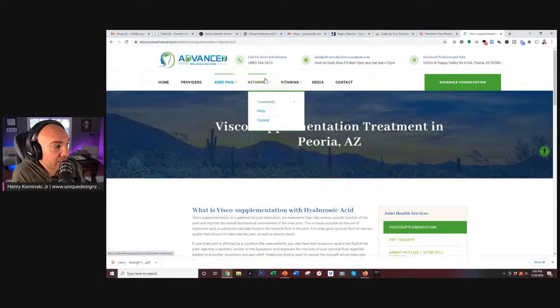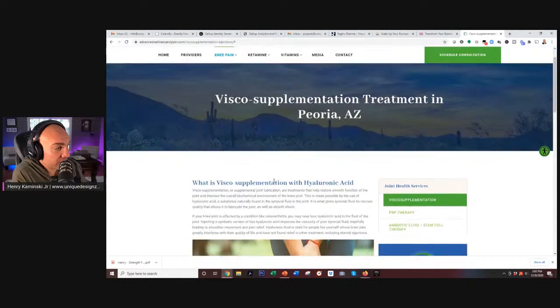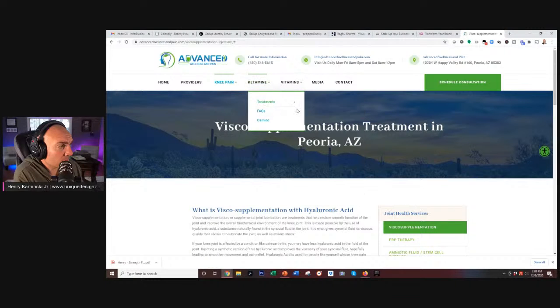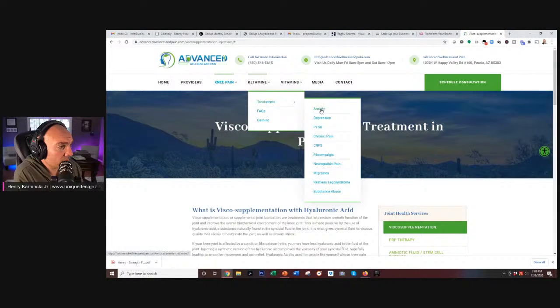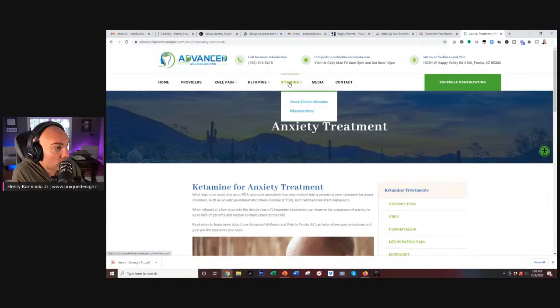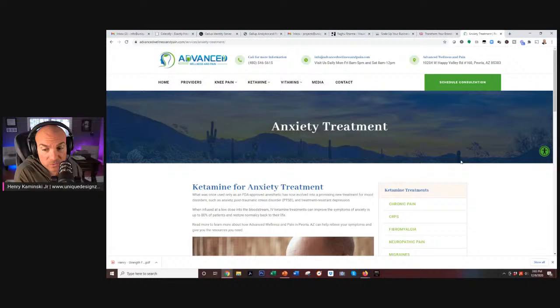Same thing with ketamine. This page, each one of these pages could have an opt-in specifically for ketamine and so on and so forth. So I think